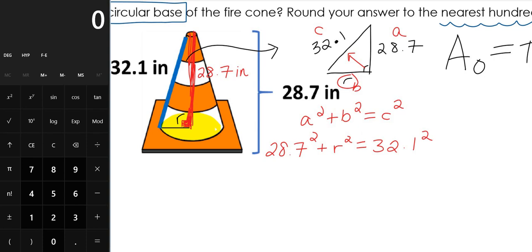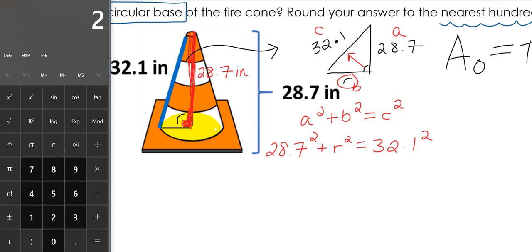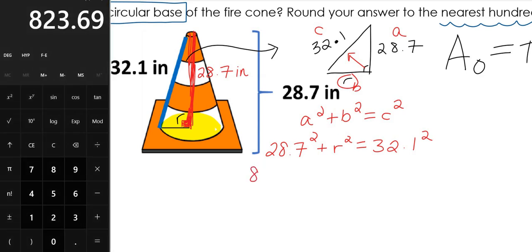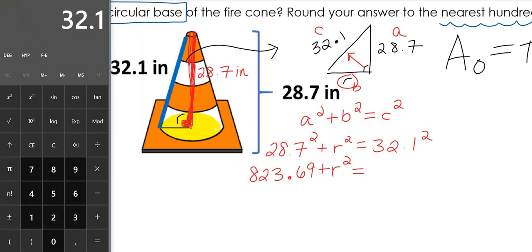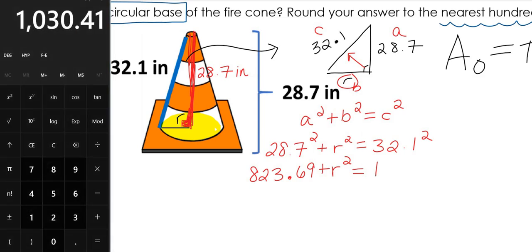And now let's go ahead and square it in the calculator and solve. 28.7 squared. All right, so we're going to be dealing with a lot of decimals here. 823.69 plus r squared equals 32.1 squared, which is